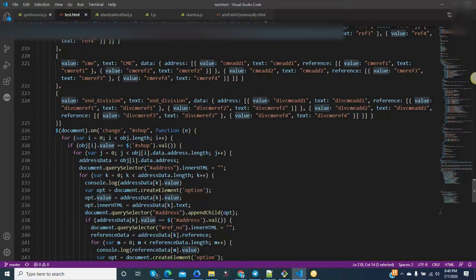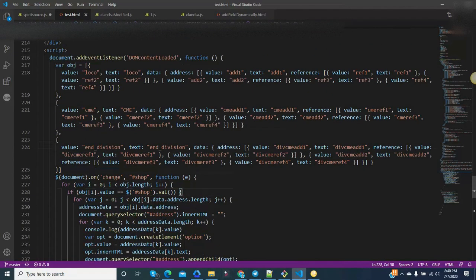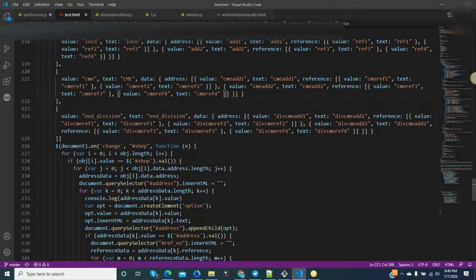If this statement is true, meaning the same value is there, then accordingly the data will come. For example, for loco, loco data should come, not CME. For CME, only CME data should come. That's why we have written this condition.